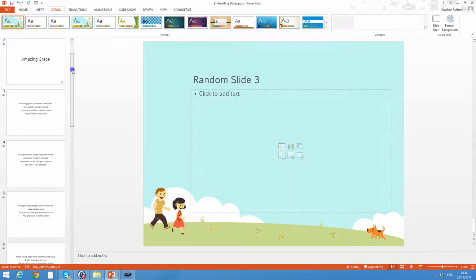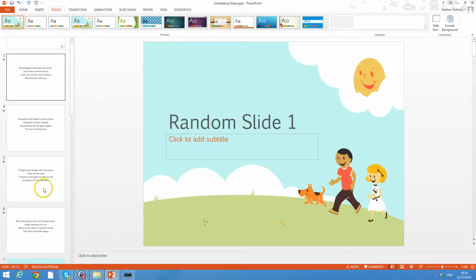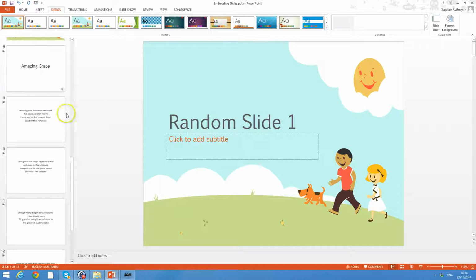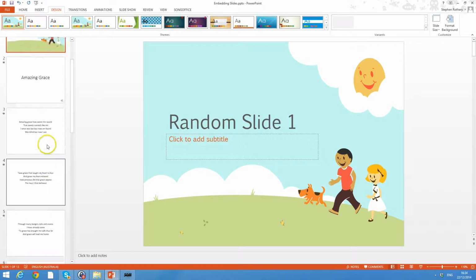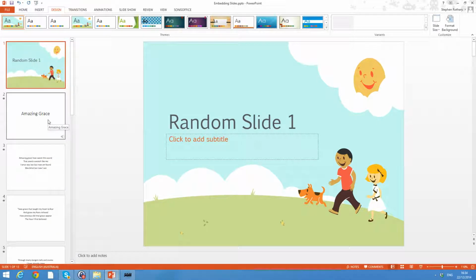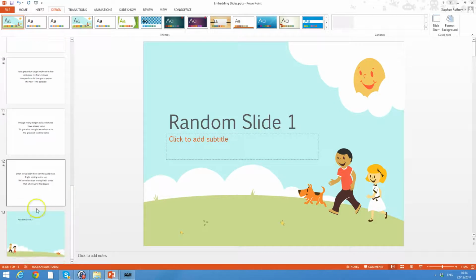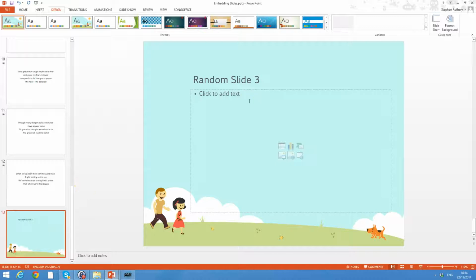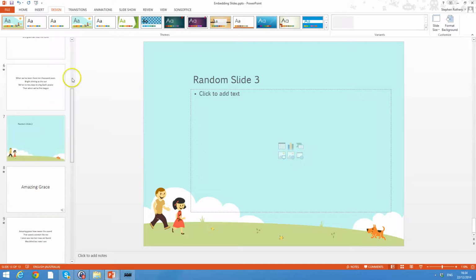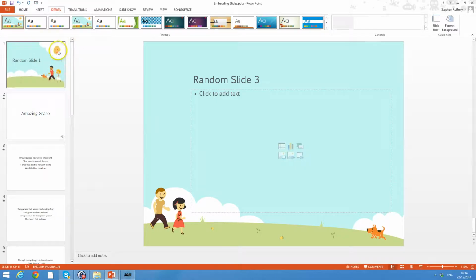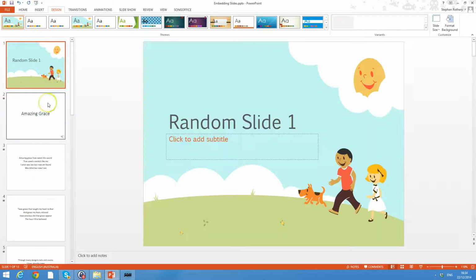So if for example you had a show that had 3 or 4 sets of embedded media all in slides like this, they can all keep playing, and if you had to restart the show at the beginning for whatever reason and advance through all the slides, by the time you got back up to where you were supposed to be, you might have 3 or 4 different songs playing, at which point you need to stop the show and start it again from the current slide. So it's not a huge issue, but I've seen it create some usability problems